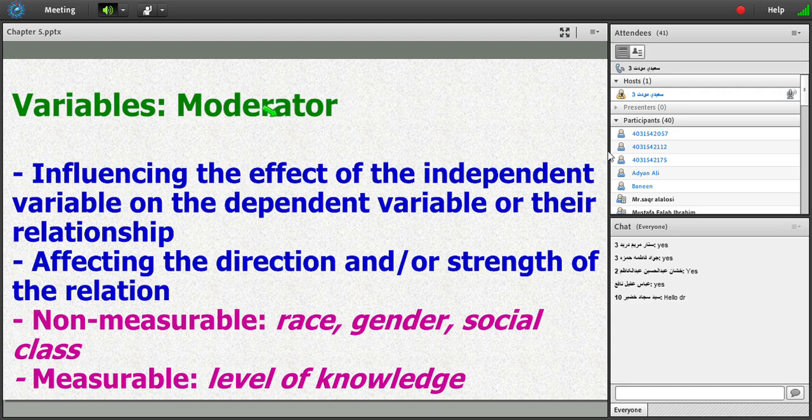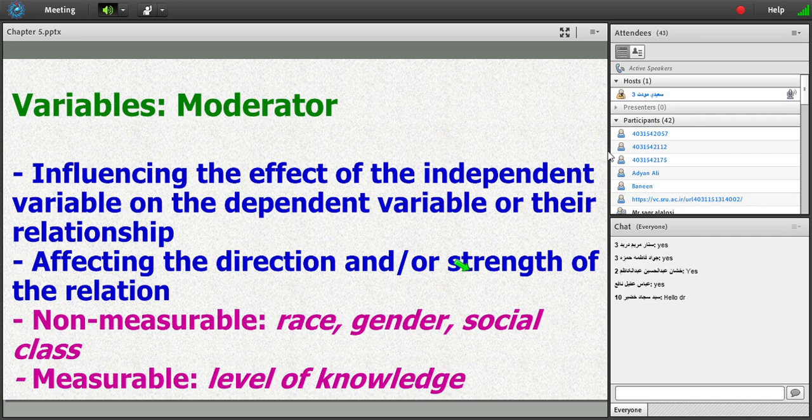The first point is that when we call a variable moderator, it means that it had the potential to be another independent variable. We include it in the research so it can affect the effect of the independent variable on dependent. It means that it can influence the direction or strength of the relationship or effect of independent variable on dependent